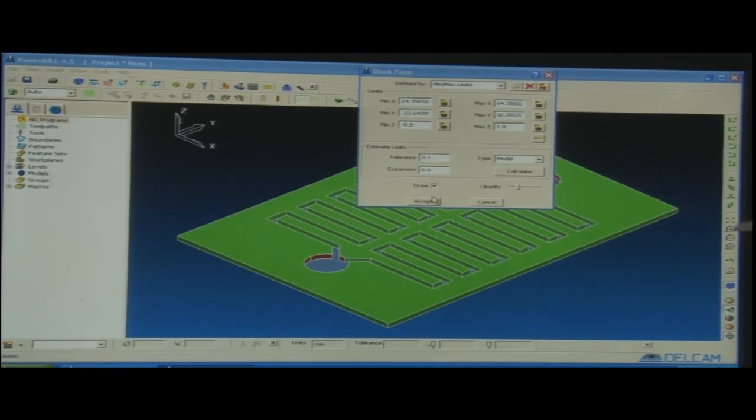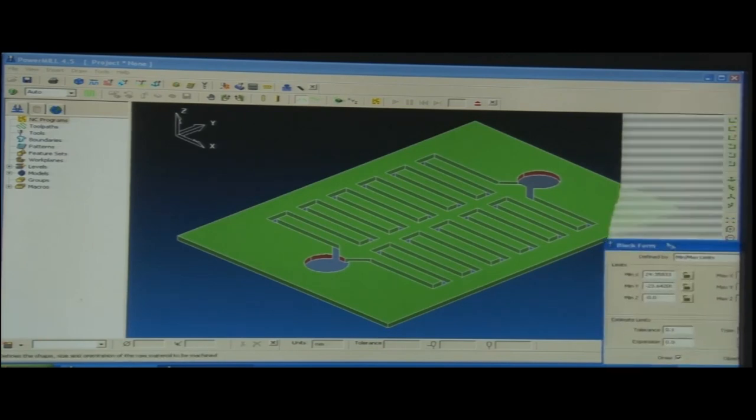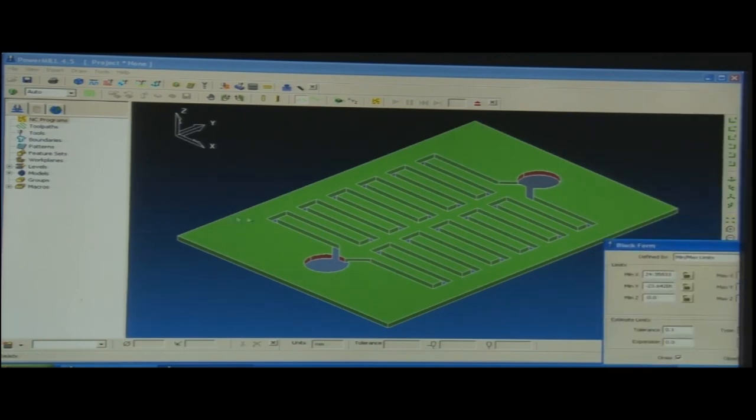It is telling that the minimum x is 24.5, what is the reference that we need to decide. So, we can take this corner as the reference, this corner, or we can take this corner or this corner. Any of the corners can be taken as the reference point, that is the starting point, or we can take the center of the workpiece.